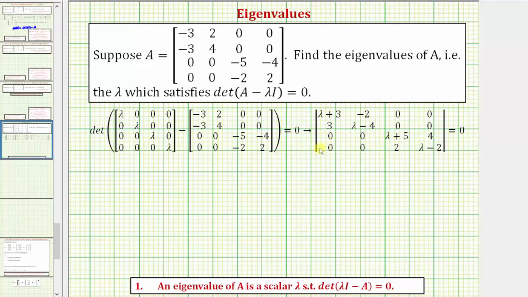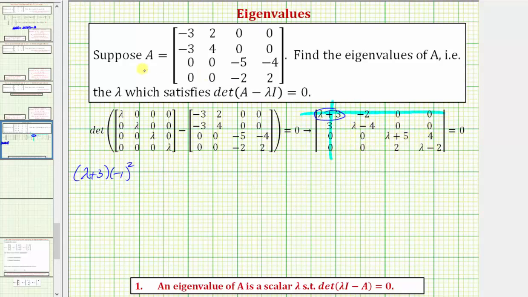To evaluate the determinant, we'll use the cofactor method, and it would be best to select the row with the most zeros, but in this case, because all the rows contain 2 zeros, let's go ahead and use row 1. Starting with row 1, the first element is lambda plus 3, so we have the quantity lambda plus 3 times negative 1 raised to the power of the sum of the row and column of this element, which is in row 1, column 1, 1 plus 1 is 2, times the determinant formed by eliminating row 1 and column 1,